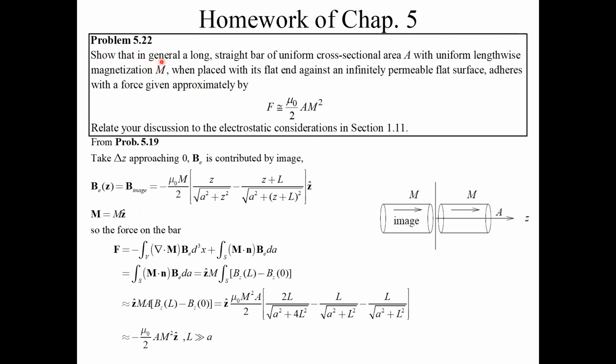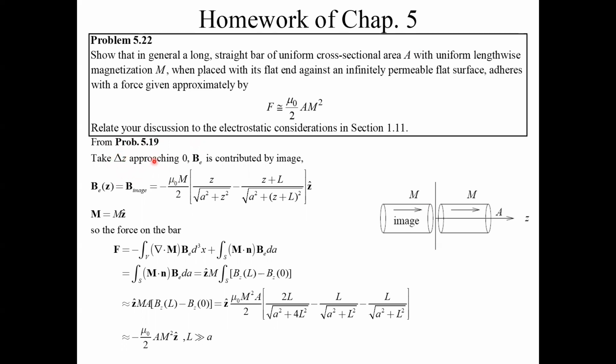Show that in general a long straight bar of uniform cross-sectional area A with uniform lengthwise magnetization N, when placed with its flat end against an infinitely permeable flat surface, adheres with a force given approximately by the formula here. Relate your discussion to the electrostatic considerations in section 1.11. And from problem 19,